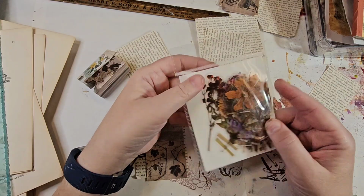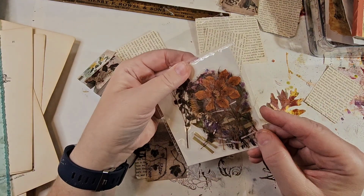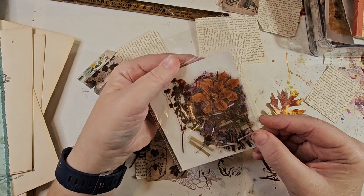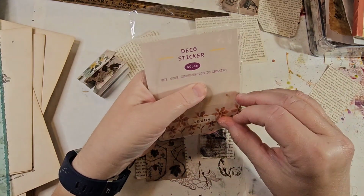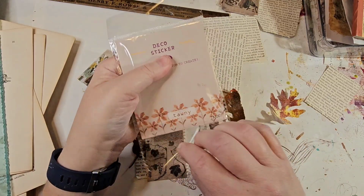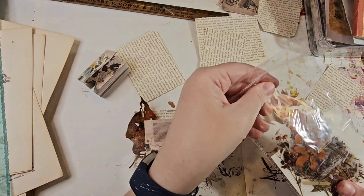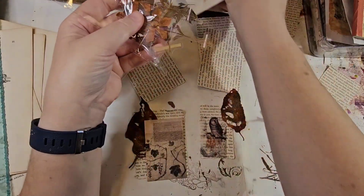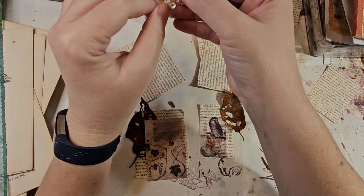I also have these flowers. Tawny. Don't know what that means. They look like some deadish flowers, or rust-colored anyway. I think these were in a set that I got on Amazon of just different scraps and whatnot. But I think they could be fun to use at this moment in time. Oh my goodness. Unless they get...